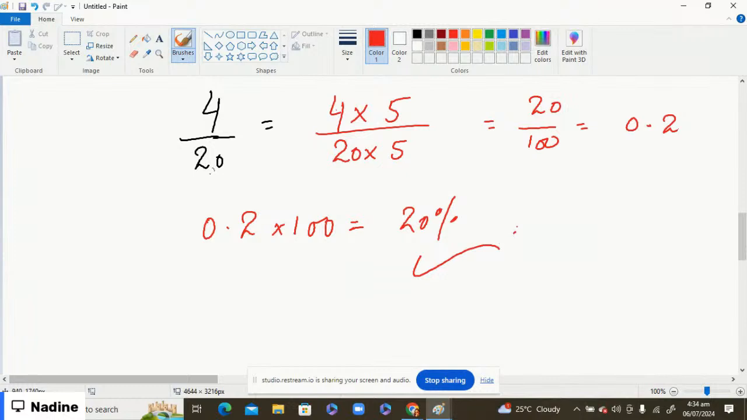So how to convert fractions into percentages? First of all, we make their denominator equal to 100. We think about which number we multiply the denominator by to get 100. Here it is 20, so we multiply 20 with 5, in the numerator as well as the denominator, checking the answer, and then in the end the answer is multiplied with 100. So it can be changed into percentages. Okay,